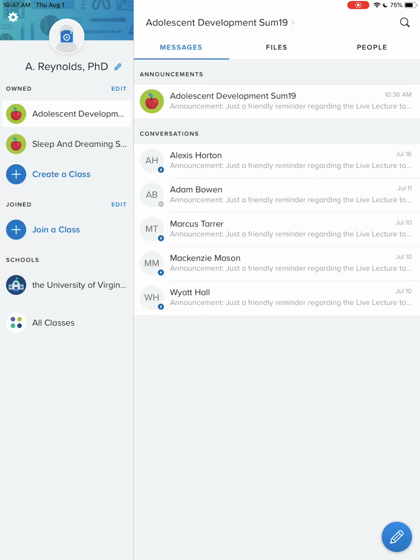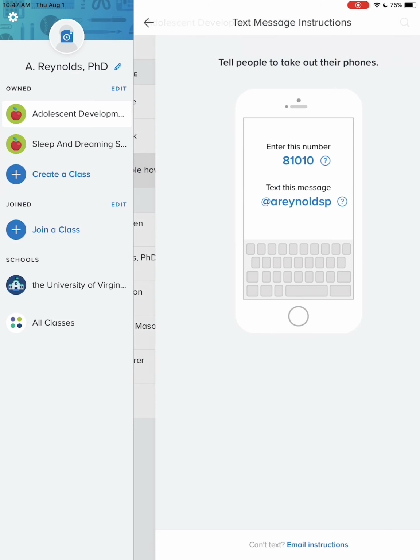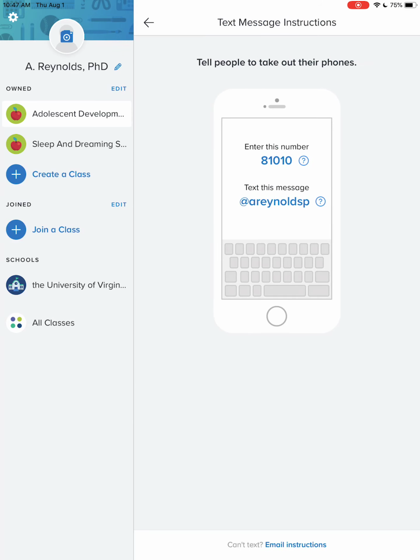You can send them an email to add themselves to the class. You can have them text to add. If you go to the people tab, you'll see you can add people manually, you can share a link, and then you can also show people how to join. So if you click show people how to join, you can actually do this in class, tell people to take out their phone, take out their iPad, they can enter in a particular number and then text that number, and what happens is any announcements that they get will be on a text message and look like it's being